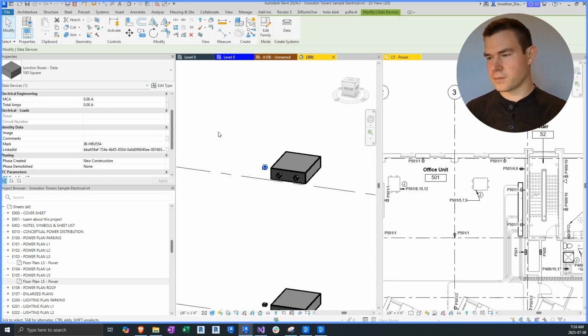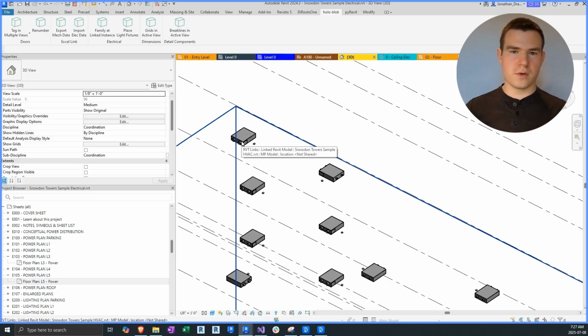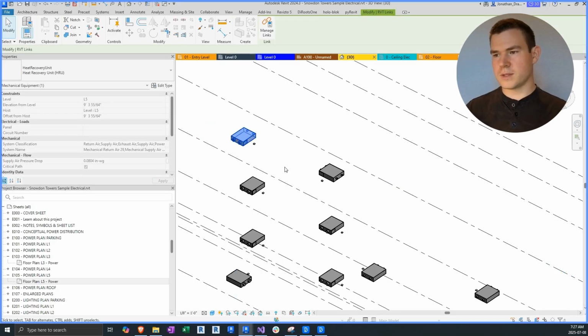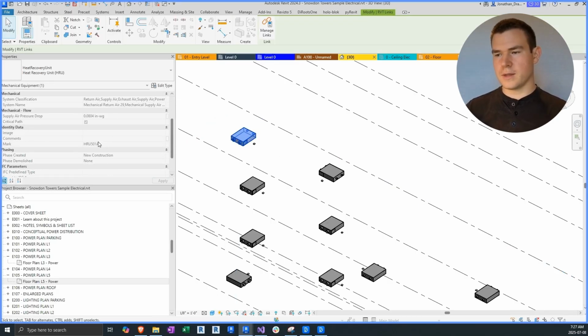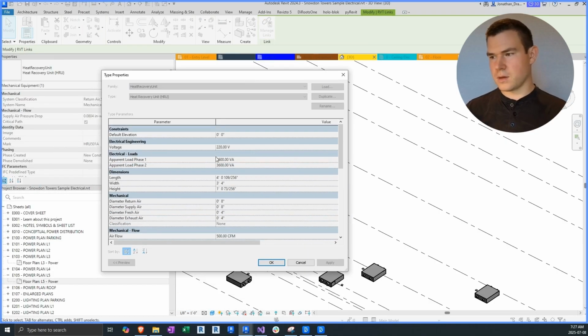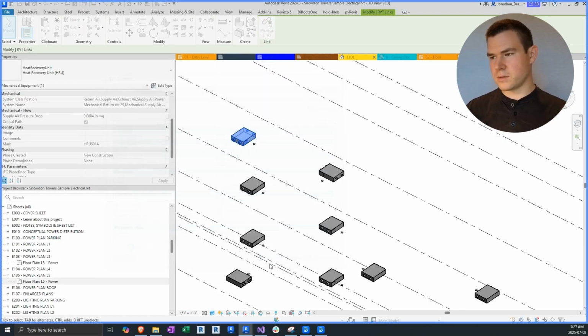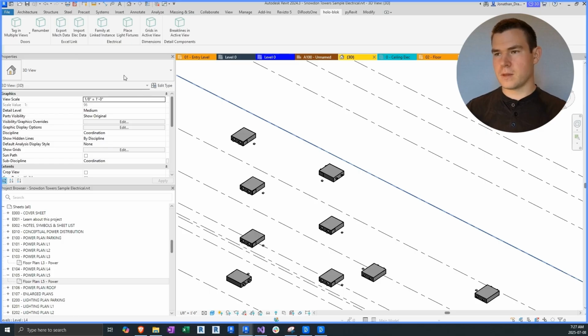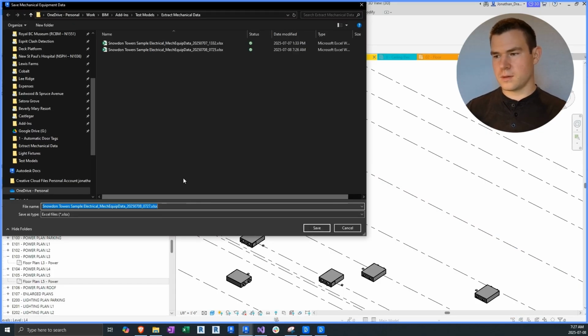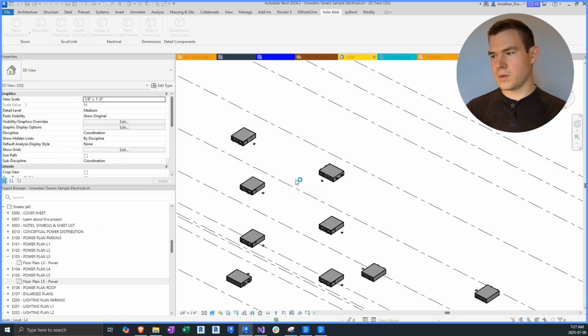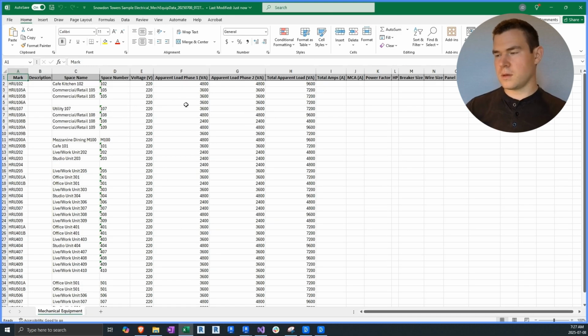Now let's say we want to export some data from our mechanical units that are in the linked model. Let's say we want to pull the mark, the voltage, and the apparent loads. Let's click on Export Mechanical Data. For this example, it's going to create a new Excel sheet, but this could just as easily write data into an existing Excel sheet. Then we can open it, and you'll see right away that all of that data is